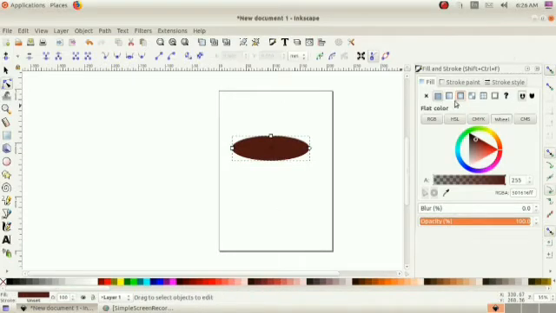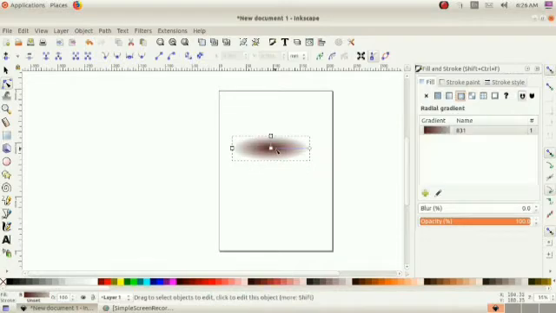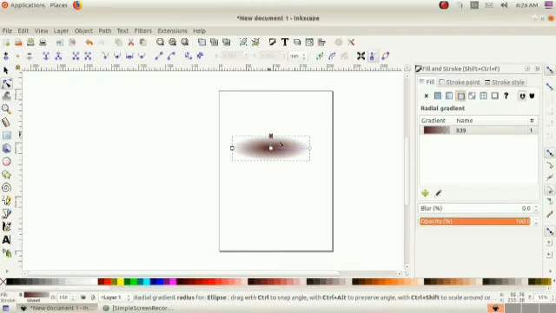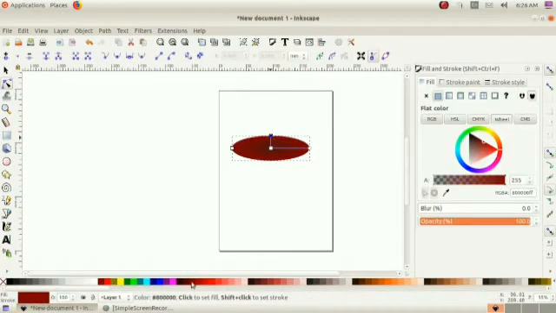Then click on the inner node, then select white color.